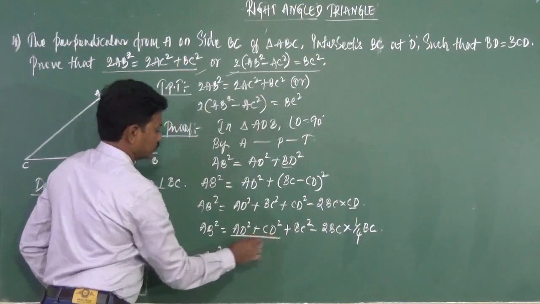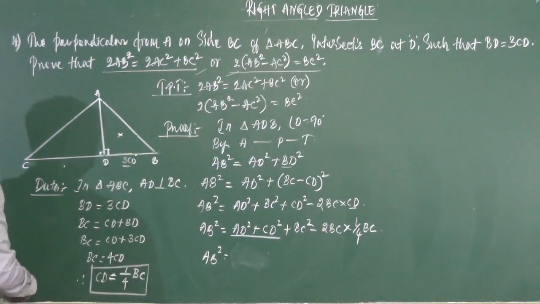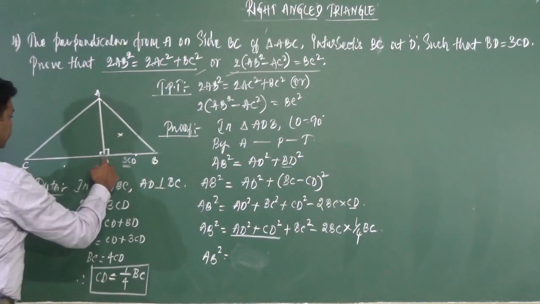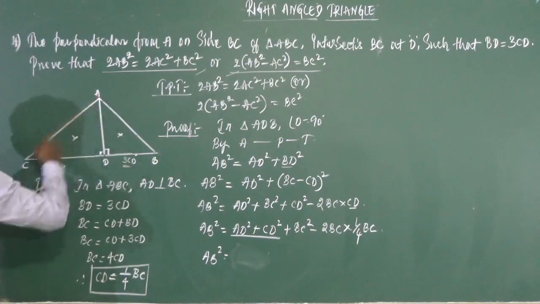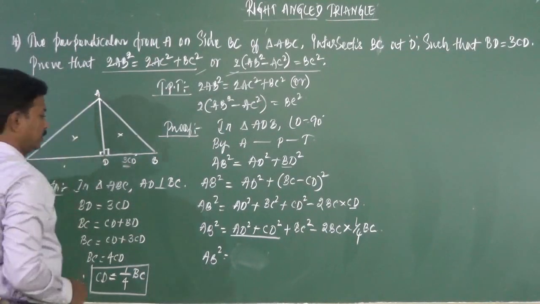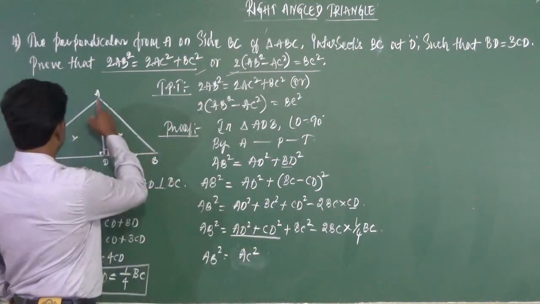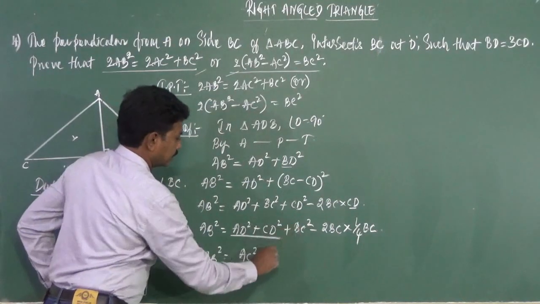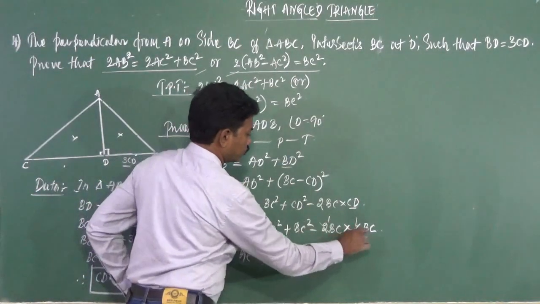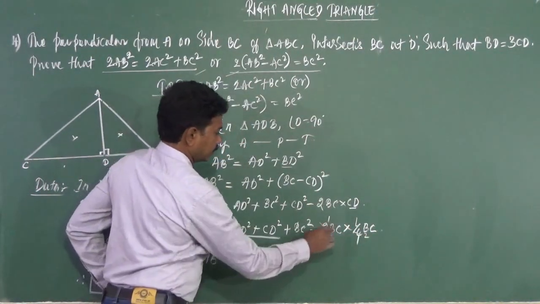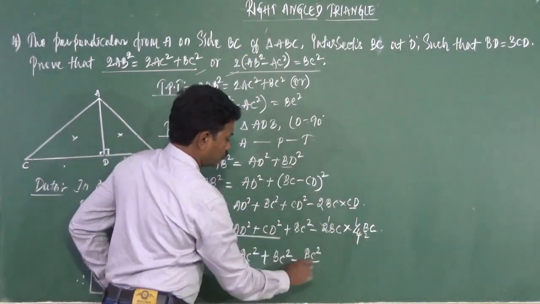Okay, so AB square is equal to AD square plus, okay, let us do one thing. Let us add these two, that is AD square plus CD square. When we apply to the triangle, let us see what we are going to get. AD square plus CD square in this triangle is equal to AC square because it is opposite to the right angle. So instead of AD square plus CD square, we can write AC square, right, plus here BC square minus, so here 1 times to 2 times it goes, so it becomes BC into BC is BC square by 2 we get here.